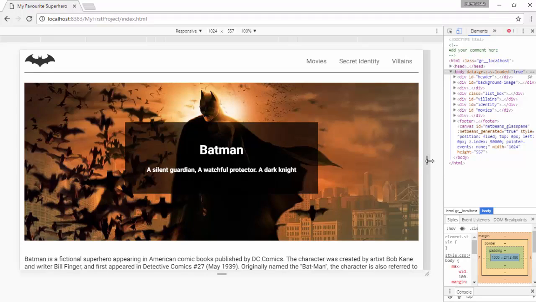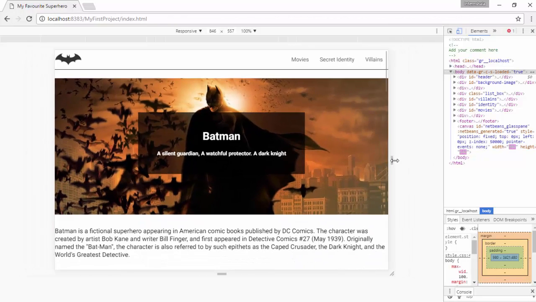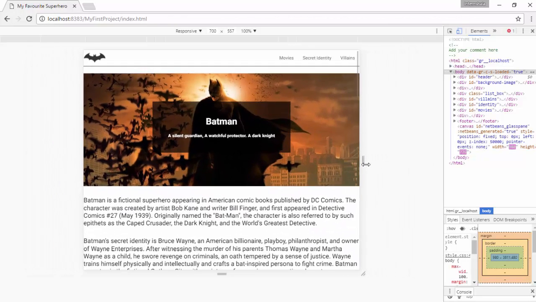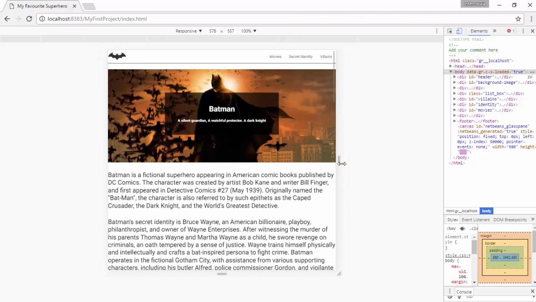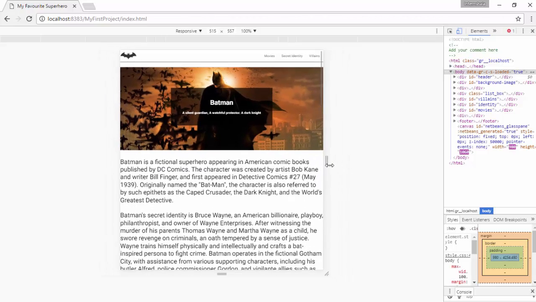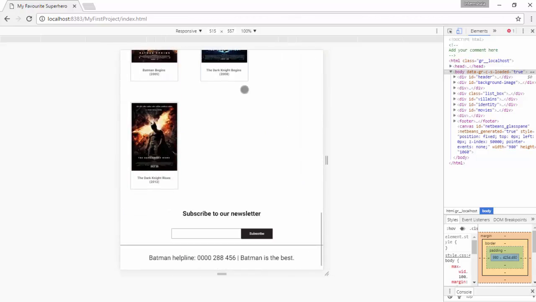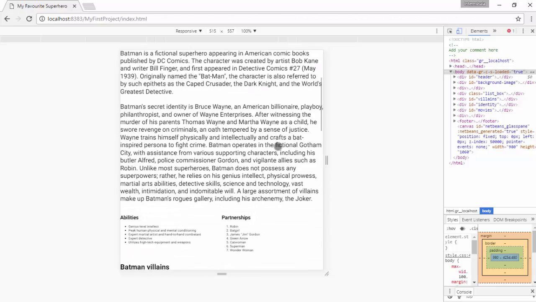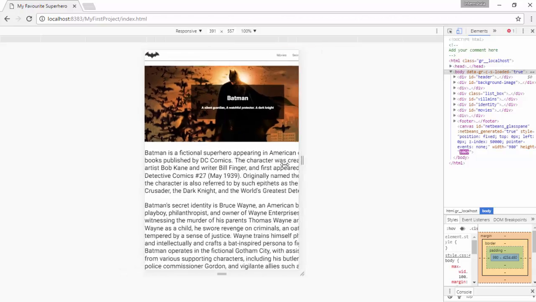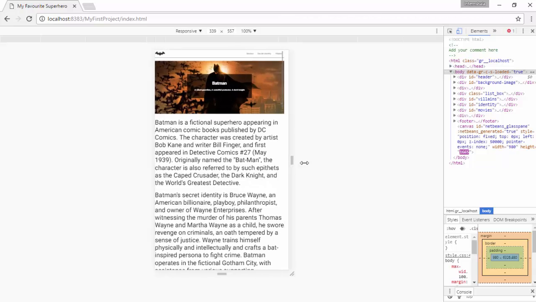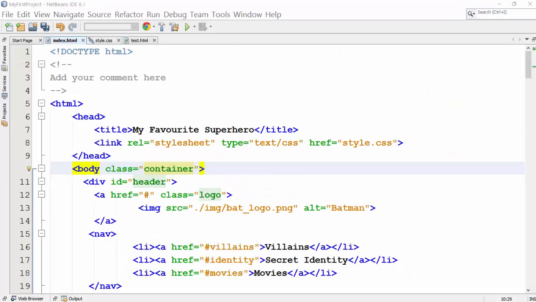Let us go back to our superhero page. You would see that our page is not responsive currently. Let us use media queries to make it responsive. We have earlier learned that the body tag includes all the visible content of the web page. Let us define width for the visible content using media queries. Let me define a container class for the body tag and then style this container based on viewport size.